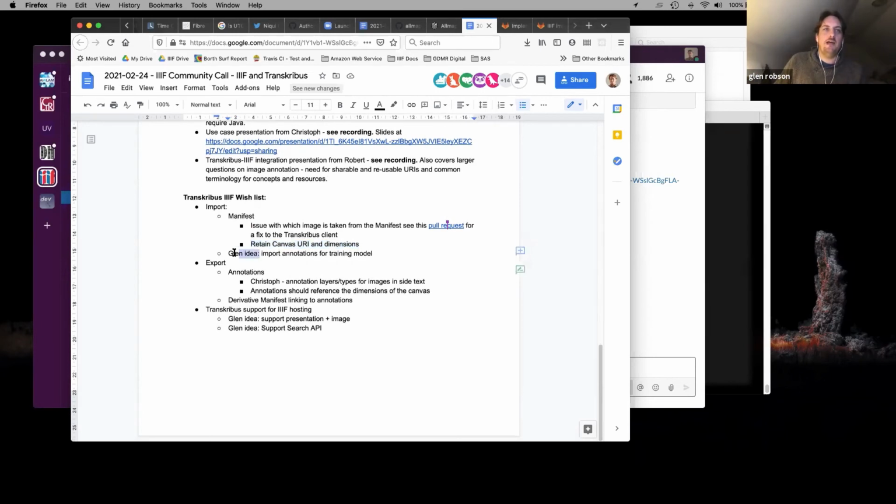I thought my idea here, just because I've been transcribing, so I could add this and maybe mention it now, is that it'd be great if we could import annotations that were created in a different tool into Transkribus and use that as a basis for a model. But again, that's probably a nice to have. And then on the export,